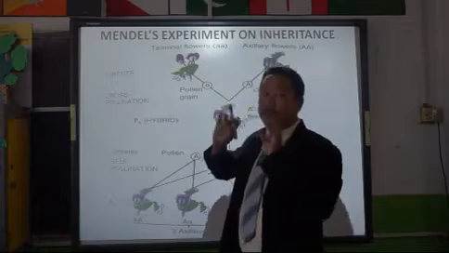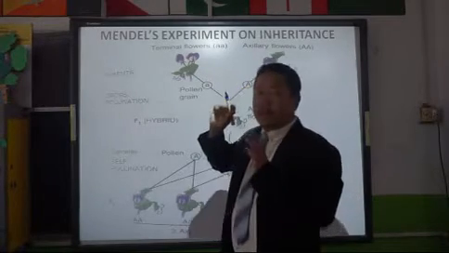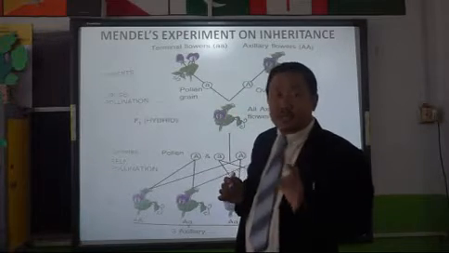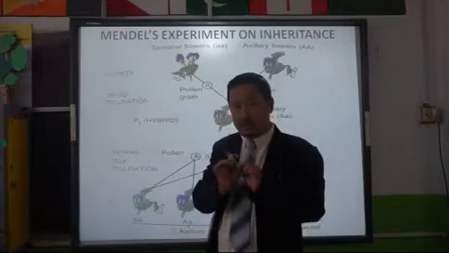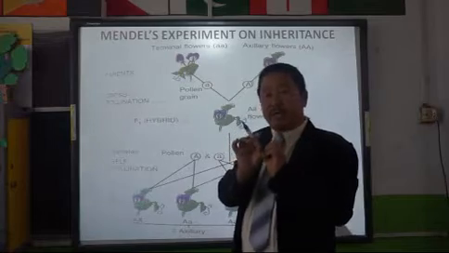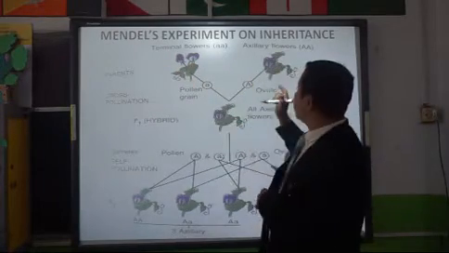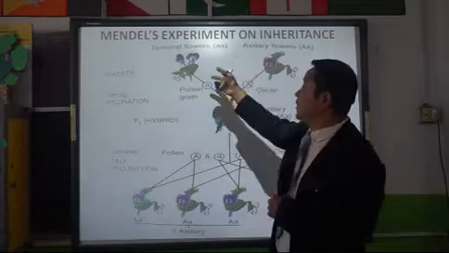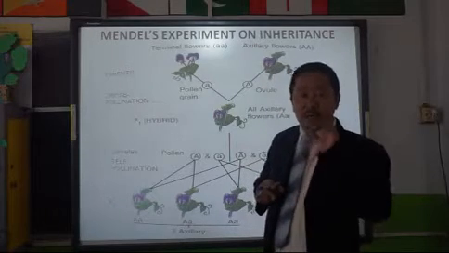Character of the pea plant with regard to the position of the flower. Okay, where was the flower born? So one was a pure variety of the pea plant having the terminal flower, the other variety of the pea plant having the axillary flower. So these 2 varieties of the pea plants he chose for his monohybrid cross.